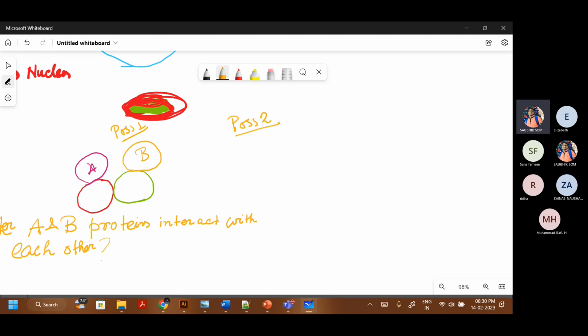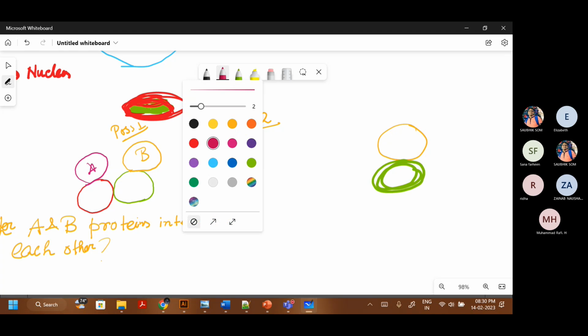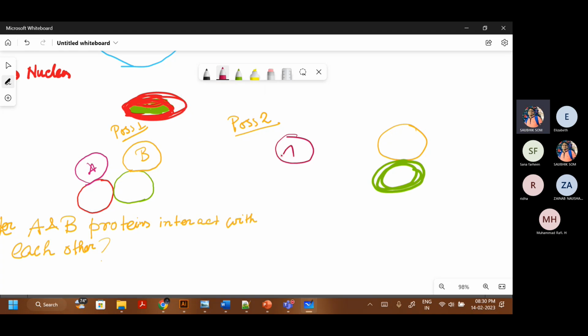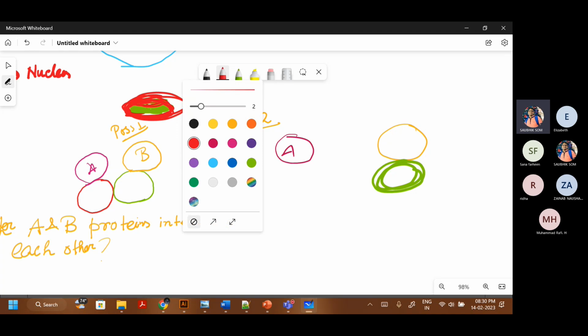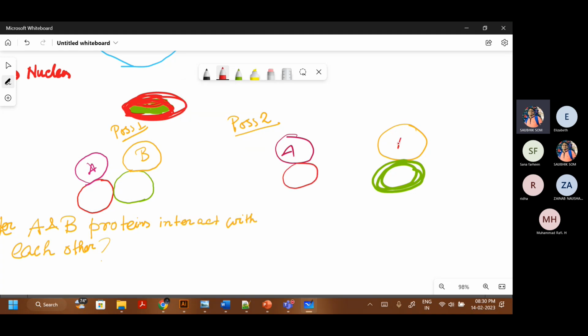Possibility two is that these proteins don't interact with each other. So there is my B protein, which is tagged with GFP, and I have the A protein, which is tagged with the red fluorescent protein. Now the concept is such that if they interact, if I give energy to excite